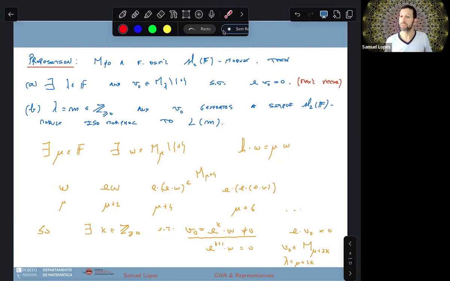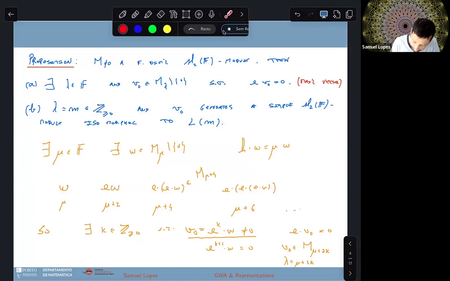So we just proved the existence of maximal vectors in finite dimensional modules. Now I'm going to prove the surprising thing that in fact this lambda cannot just be any scalar. The fact that I have a maximal vector, so the fact that e kills this vector, forces this lambda to in fact be an integer, a non-negative integer. So that's what I'm going to show next. And for that, just to be a little bit economical with time,